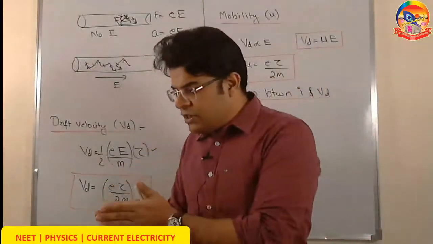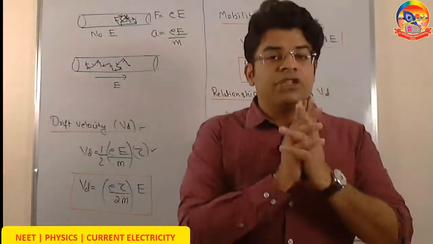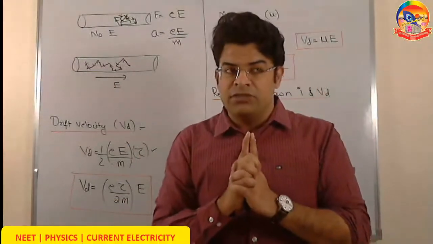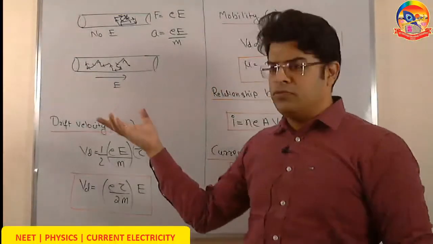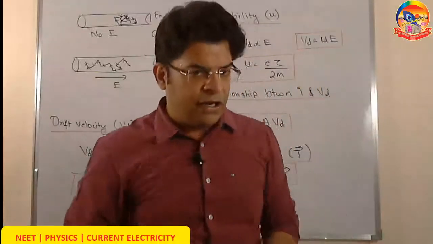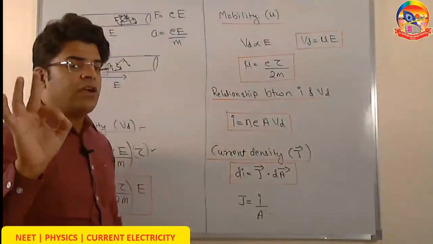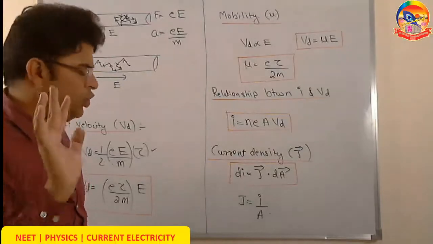This is not at all electrostatic condition. So the condition which is taught, that the electric field inside the conductor is 0, is true only when the charges are at rest. So what happens when there is an electric field? Electrons start to move, current flows, and that is the next chapter, current electricity. So only under electrostatic condition is the electric field inside the conductor 0. It is not a generalized true statement.